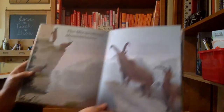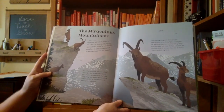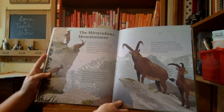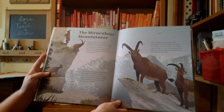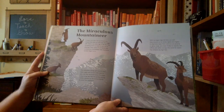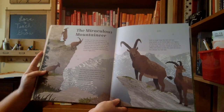Ooh, here's the miraculous mountaineer. A sheer rock face rises up toward the clouds. Birds dive and soar past the craggy cliff. There is no other sign of life. But then something starts to make its way up the drizzlingly steep slope. It's an alpine ibex,